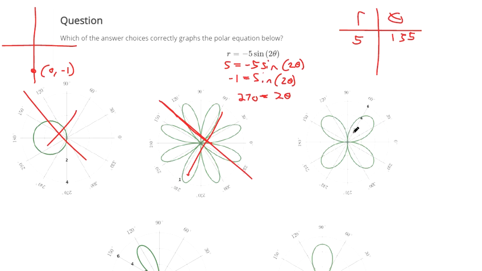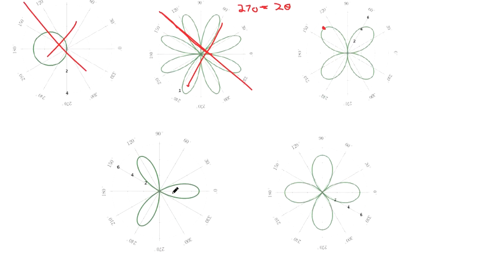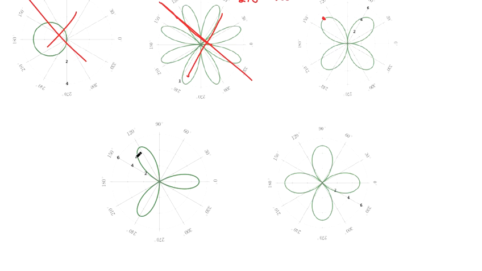135. This goes by 2, 4, 6. This is possible, right? Between 4 and 6 is the number 5. So this is 5 units away from the origin, and it's at 135 degrees. Let's check this next one. Here's roughly where 5 would be at 135. This one is suspect, I'd say. I'm thinking it's not this one because that's a pretty good dot for where 5 for r and 135 for theta would be. And then this one,